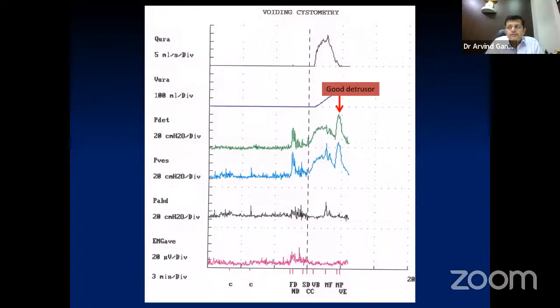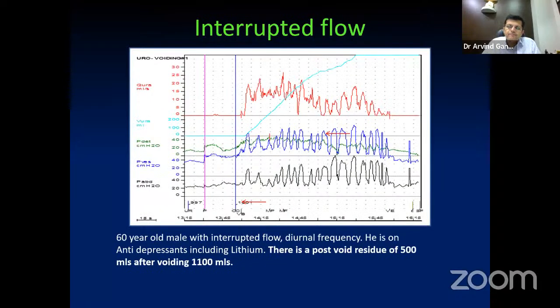Or you take this case. See, it's a good detrusor contraction, has voided with good flow. You see that the detrusor has contracted with a P det of 80, and the flow rates are also good. Some amount of abdominal straining is also used whenever it's passing urine. More or less, the EMG is silent. So probably it might be a compensated bladder outlet obstruction, because you see that still the flow rates are good. The patient is symptomatic, but the detrusor contractions are very strong. Probably if you interpret it with the clinical scenario, you can pass it off as a compensated bladder outlet obstruction.